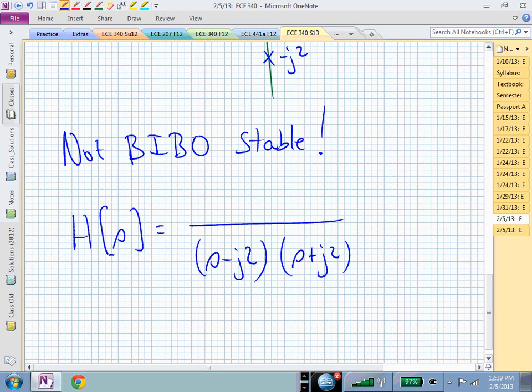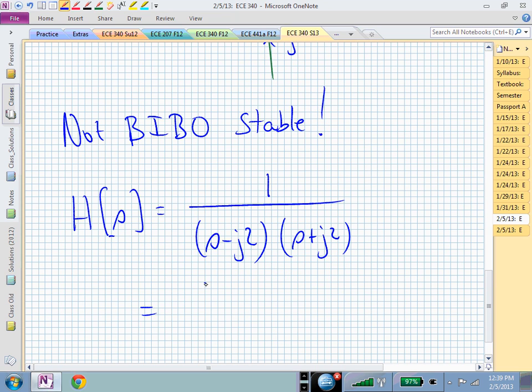I haven't said anything about the numerator, but let's just assume that its numerical value is 1. We didn't have any open circles, so we don't have a polynomial in s other than s to the 0. So this is a constant term, and I didn't scale it other than to make it a 1. If we now multiply this out,